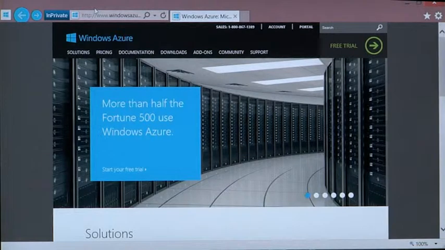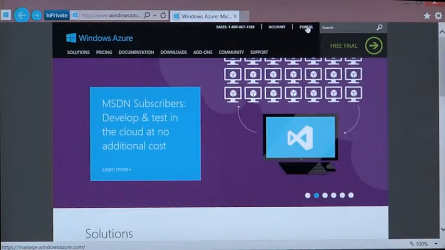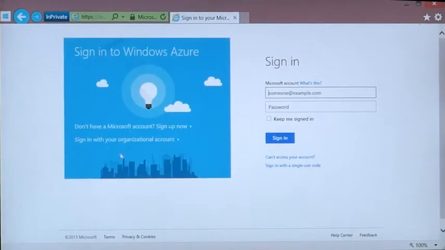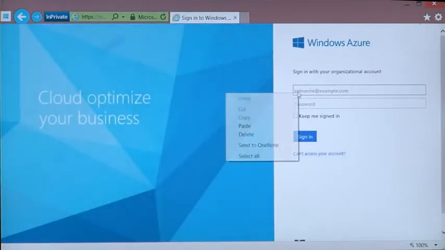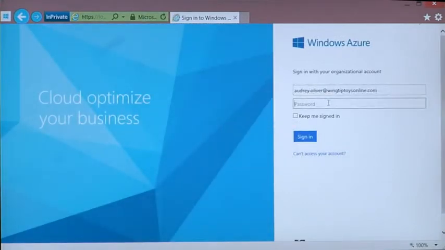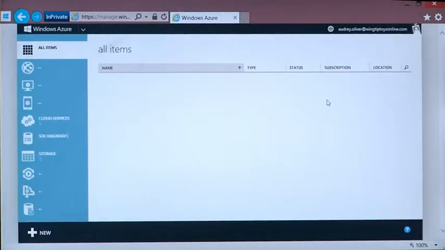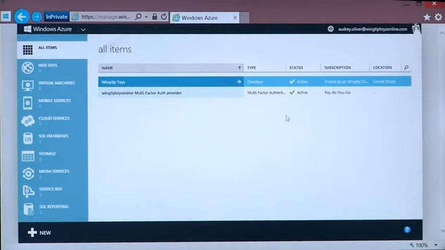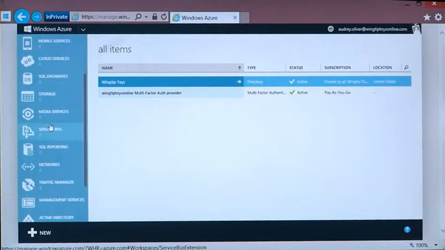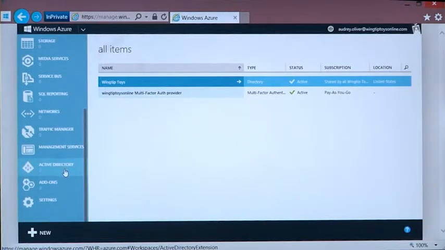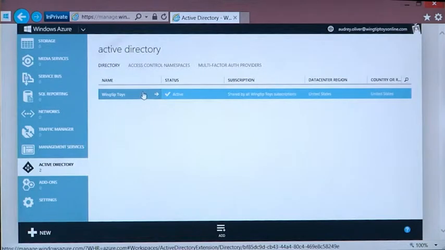You need to log on to your management portal of Windows Azure. We're going to use an organizational account, an administrative one, and now you can see the familiar environment of Windows Azure Management Portal. We're going to navigate to Active Directory site, choose the Active Directory tenant that we have created,